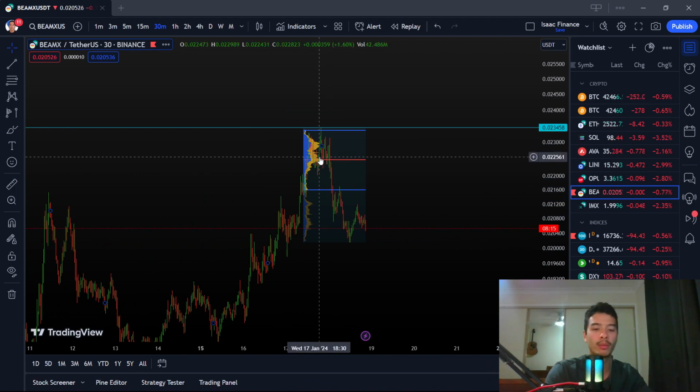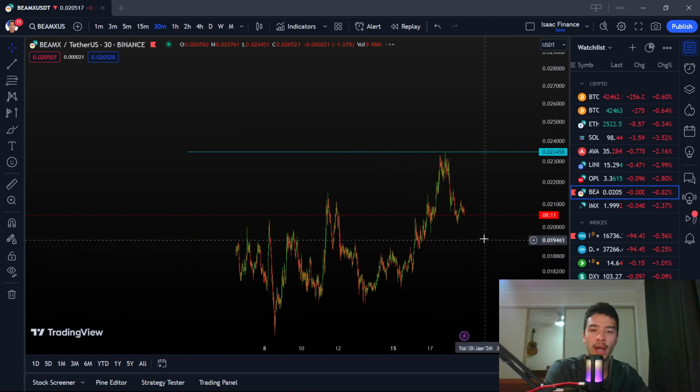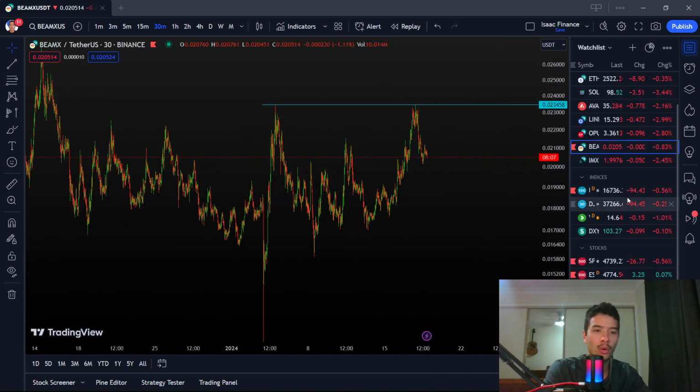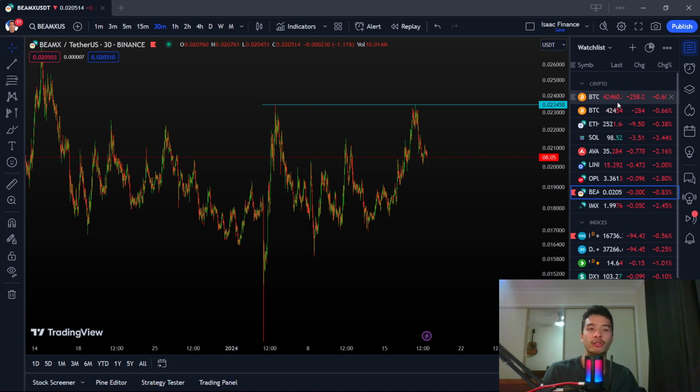The trade was to be made up at the top here. But nonetheless, that's okay, guys. You can just observe the price and see what happens. Now, as for the altcoins, that's it. Nothing really tradable. What I would like to point out though is the crazy